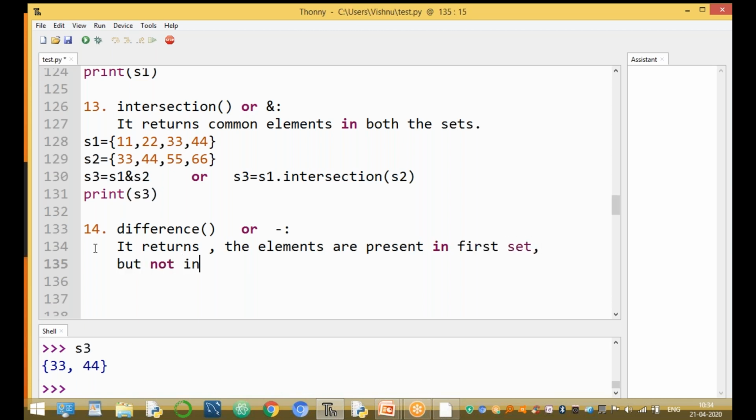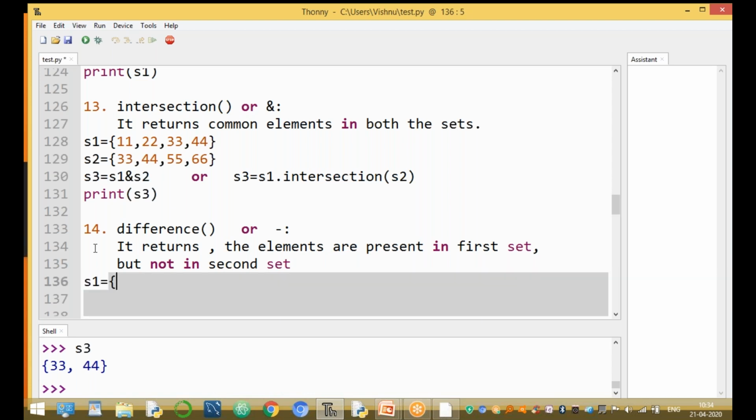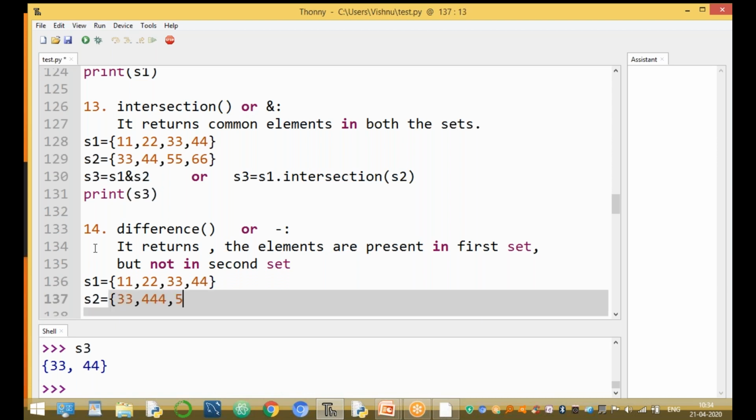The elements are in the first set only, but not in the second set. S1 equal to 11, 22, 33, and 44. S2 equal to 33, 44, 55, and 66.